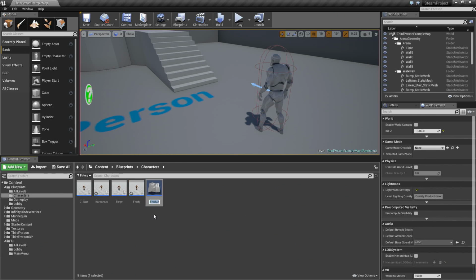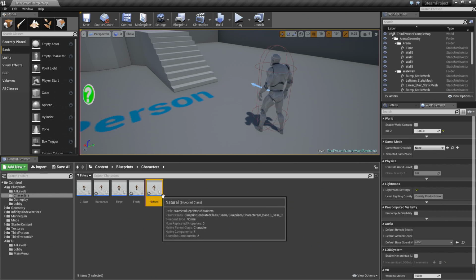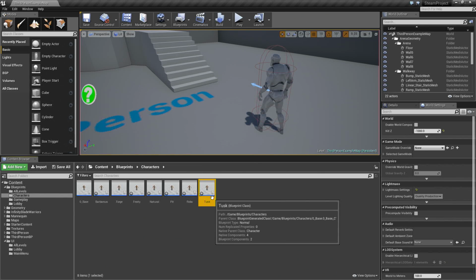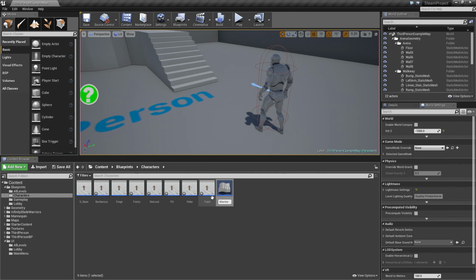Select it, duplicate it, call this one Natural. Select it, duplicate it, call this one Pit. Duplicate it, call this one Robo. Duplicate it, call it Tusk. And then duplicate it and call the last one Warrior.